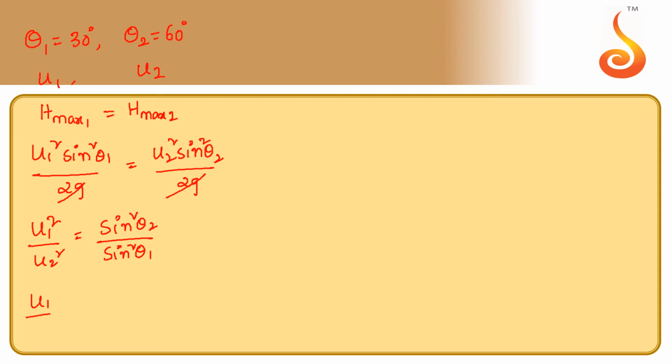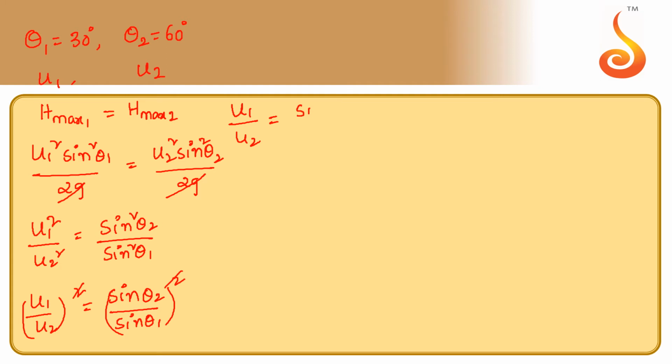Therefore, u1 by u2 whole square is equivalent to sine theta 2 by sine theta 1 whole square. Square gets cancelled. Therefore, u1 by u2 is equivalent to sine theta 2, sine 60,